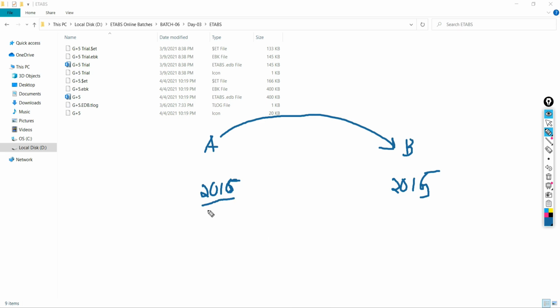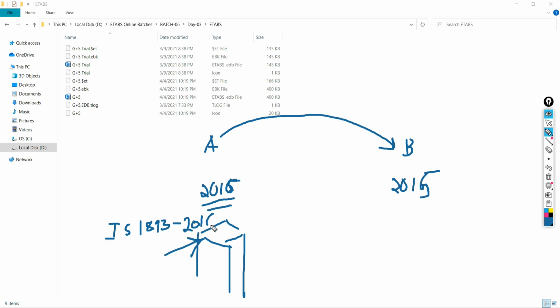Suppose in this model person A has assigned the earthquake loading as per IS 1893 2016. Now if A sends the file to B, can you tell me, will it be capable of recalling all the things that were assigned and modeled by this 2016 version? It will not be possible, because the 2015 version does not have the provision of the 2016 code. Are you getting it, or getting confused? Very simple. Yes, sir.